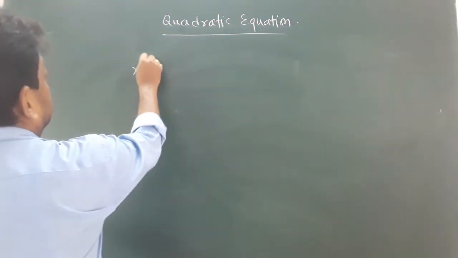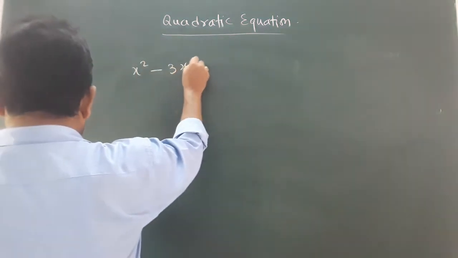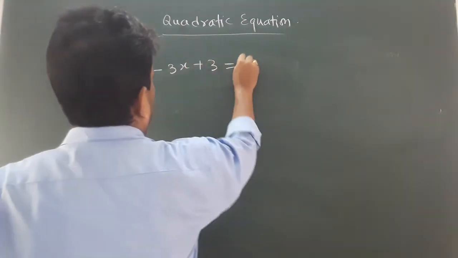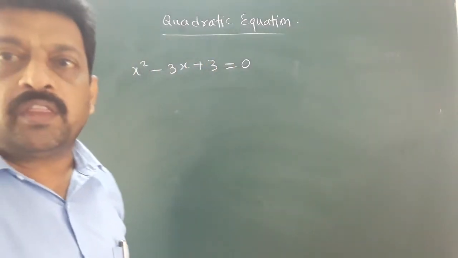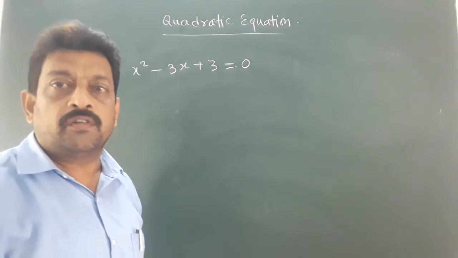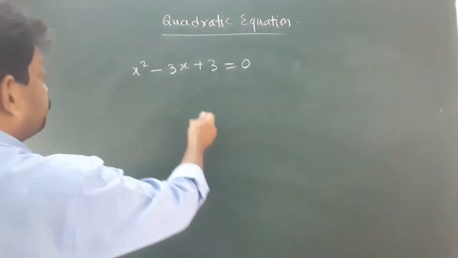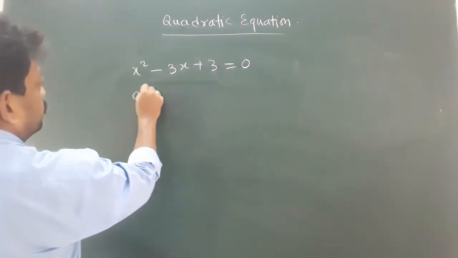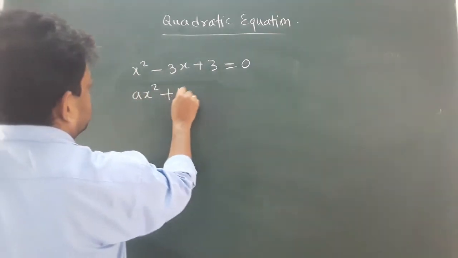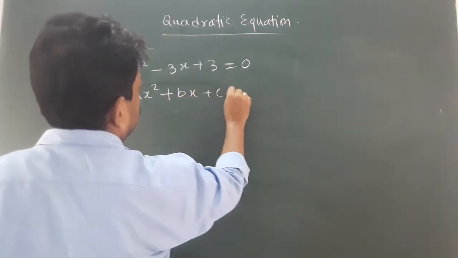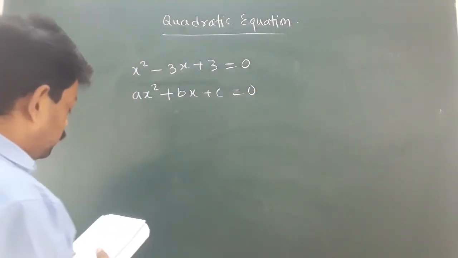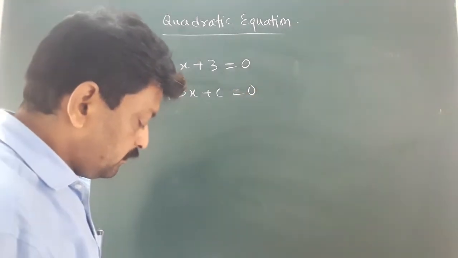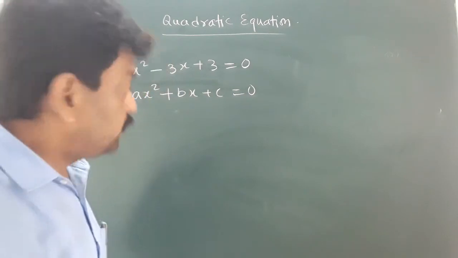x square minus 3x plus 3 equals to 0. We have to decide whether it is a quadratic equation or not. Now students, see, it can be written in the standard form. The standard form is ax square plus bx plus c equals to 0. Now if you compare